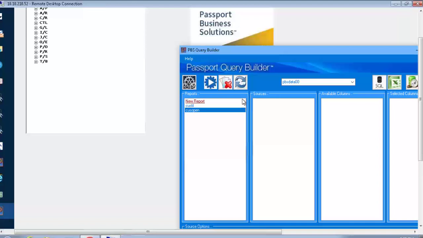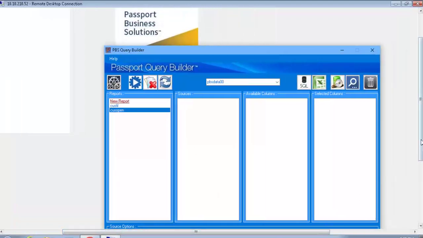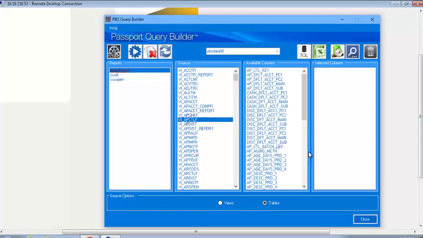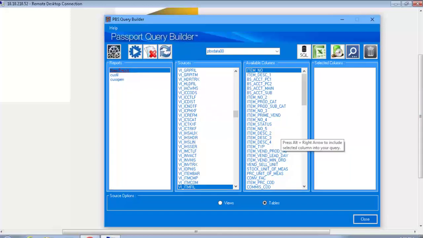Is there anything else, Ian, that you think I should show today? No, I think you've really nailed it, Alex. This is tremendous to have this kind of access, folks, right from your Passport. To have that kind of access, to be able to create reports and so forth. And it's not that you have to teach every user how to do this. You can actually create your own SSRS reports from here, kind of on an admin level, and then publish them to the SSRS reporting server, set up your security, and provide access to the server to whoever in-house needs it,